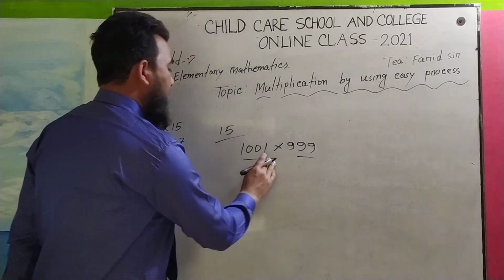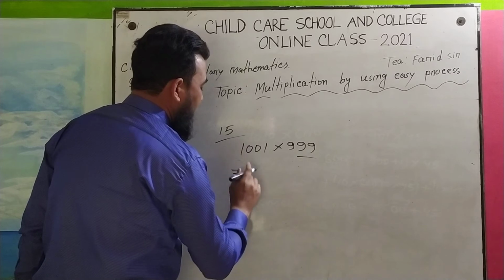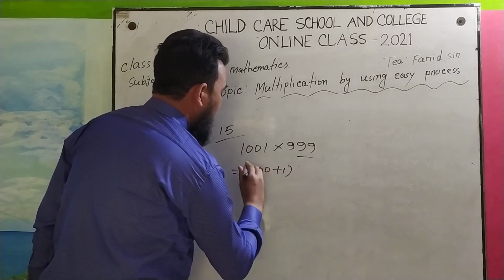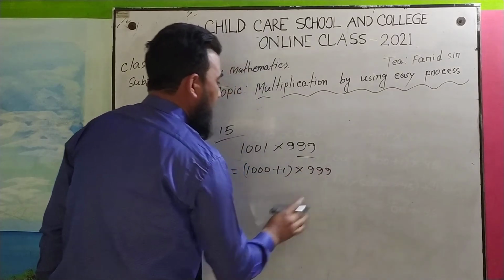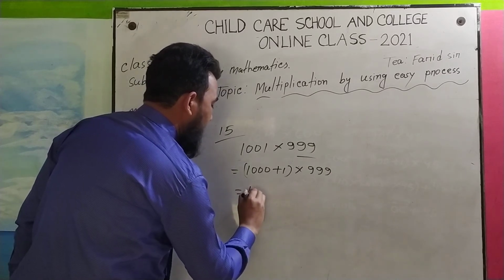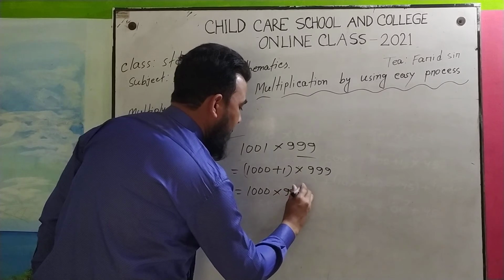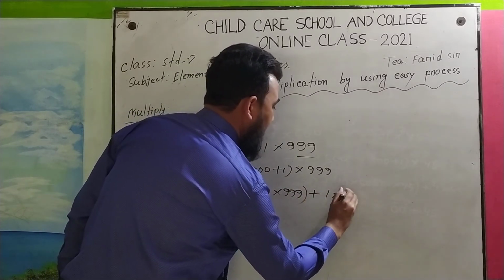I will do both of them for you. Look here. First one, if you write this as 1000 plus 1, and if you take this as it is, now what will be? 1000 into 999 and plus 1 into 999,